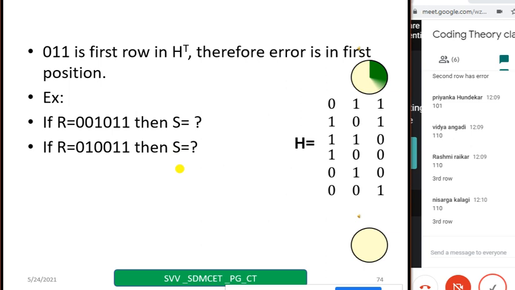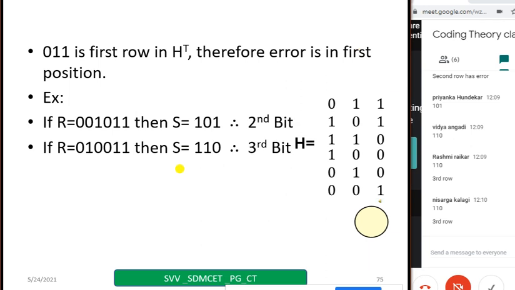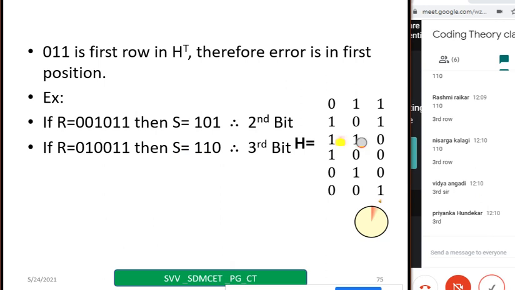Yes, third row. Now, whatever you told, the same thing I am showing it to you people. Just observe, take a few seconds, because 110 is in the third row, third bit is in error. And initially it was S equal to 101, second bit is in error. This is the way how you have to do. Hope all of you have become expert in the multiplication now. Let us go to the next.